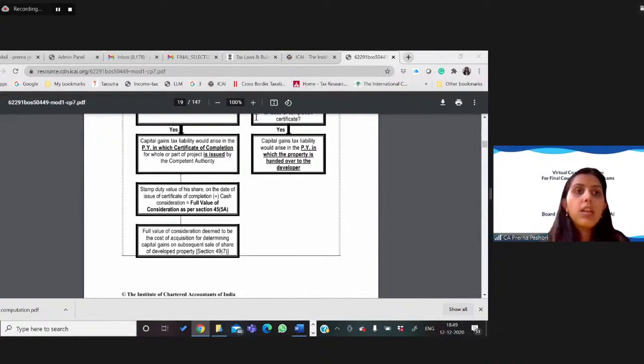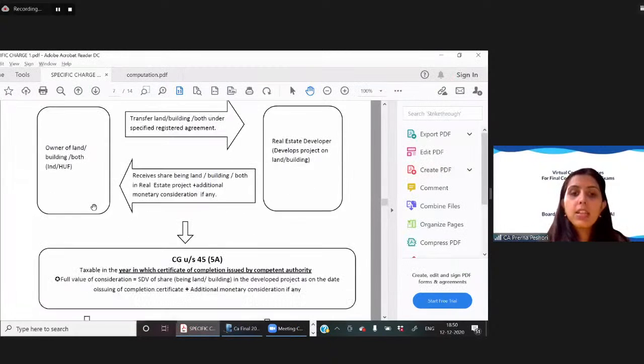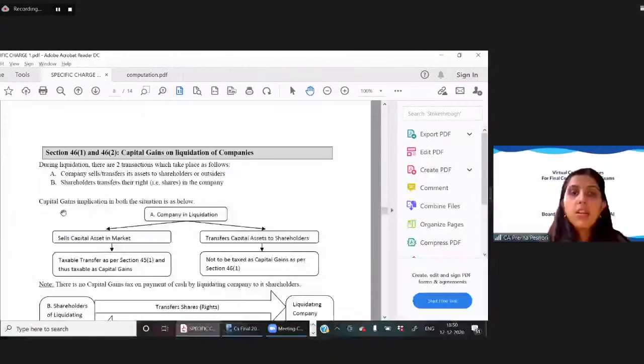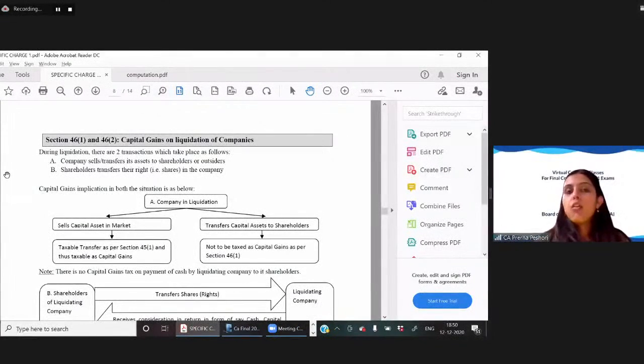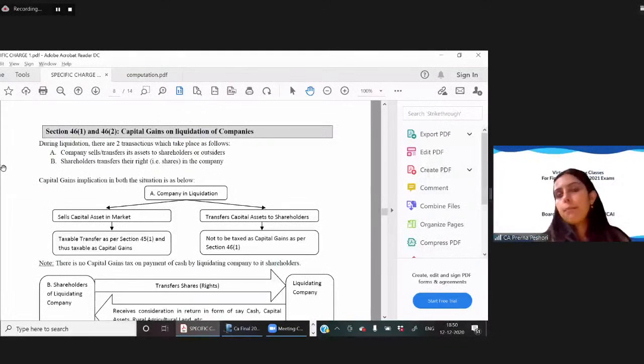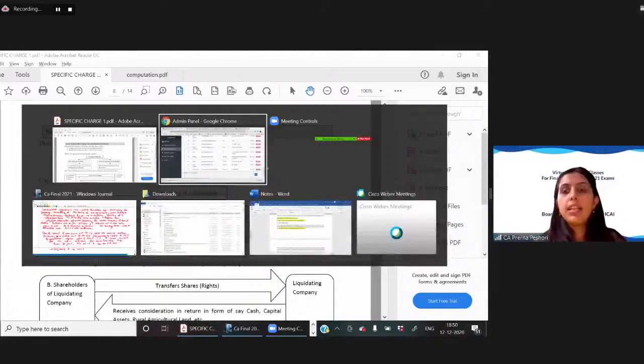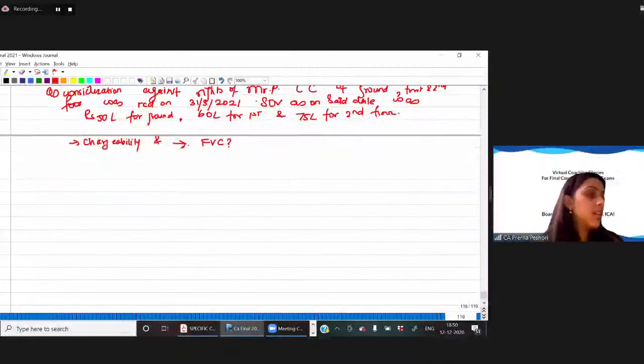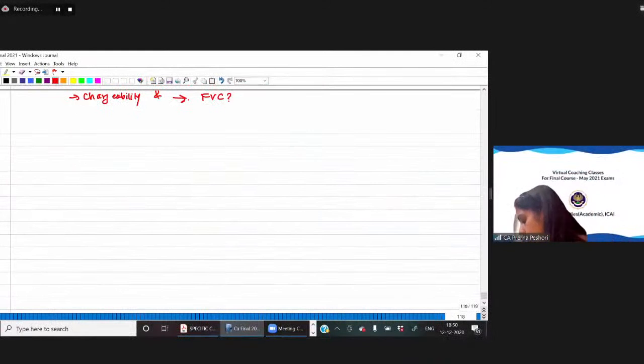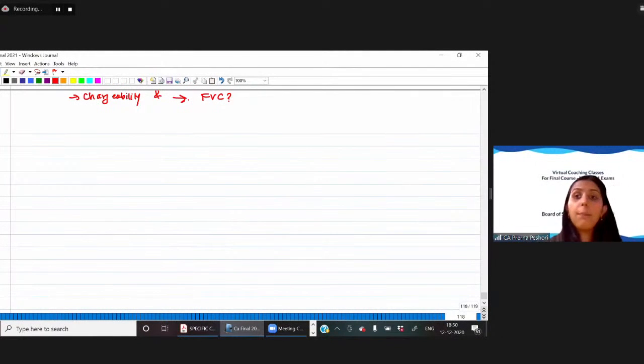Okay, so let's move to another section, which is 46. Capital gain on liquidation of companies. Now, what happens when a company is liquidated? Let's try and understand that. So when a company is liquidated,